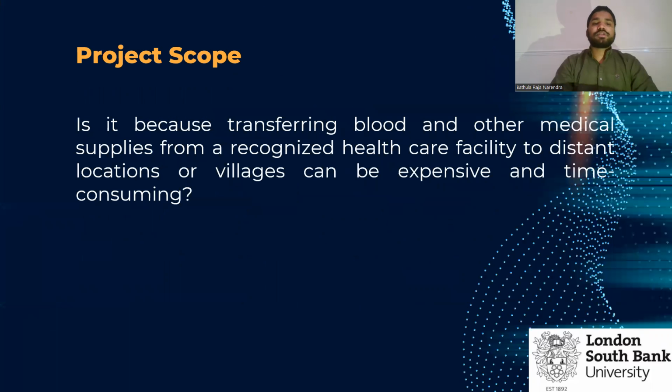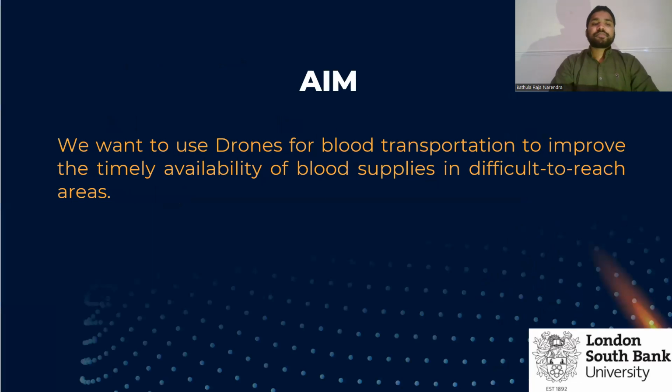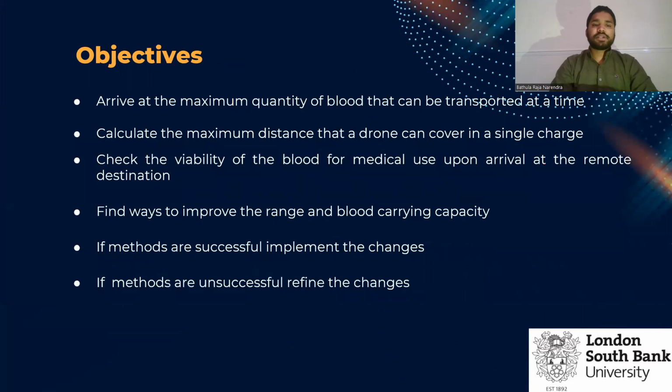This is the problem definition. Product scope. Transferring blood and other medical supplies from recognized healthcare facilities to distant locations or villages can be expensive and time consuming. We want to use drones for blood transportation to improve the timely availability of blood supplies in difficult to reach areas. Objectives: find the maximum quantity of blood that can be transported at a time, and